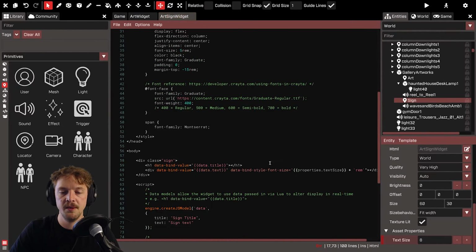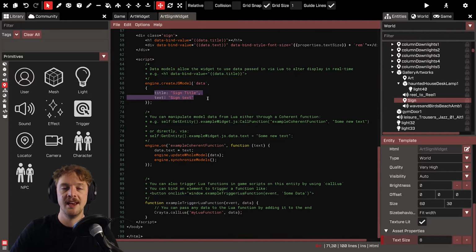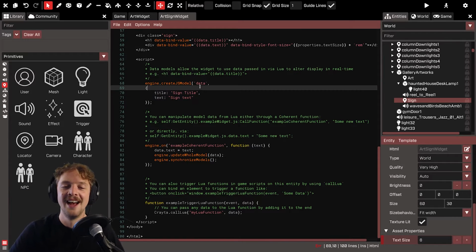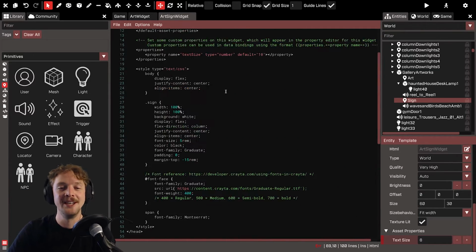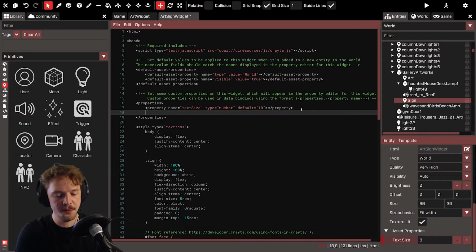But what I want to do is, rather than me having to update what's within the text by changing my data model in the JS, and that could be quite laborious because I'd need to make a Lua script to update the JS data model, and then if I wanted to reuse this, then it would need a different script to send through a property to update the data model. Rather than doing it that way, which we just don't need to do anymore, I'm going to add a new property, and the name is going to be title, and the type is going to be text,